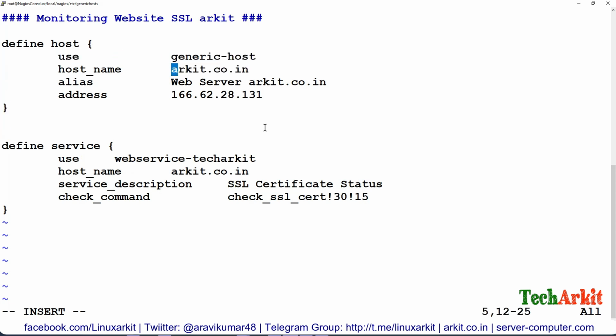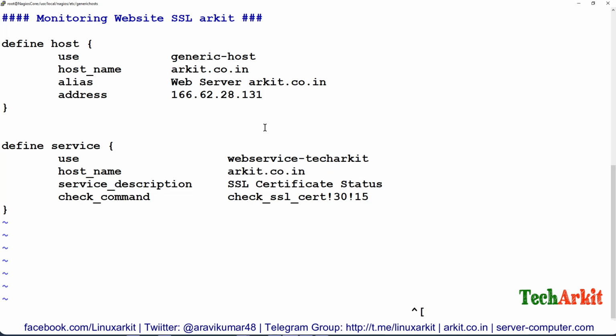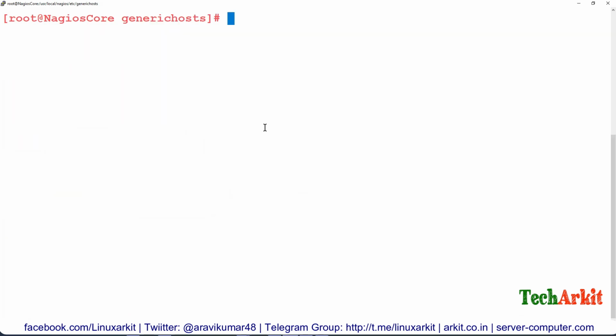To organize this content a little better, now save this configuration and run systemctl status nagios.